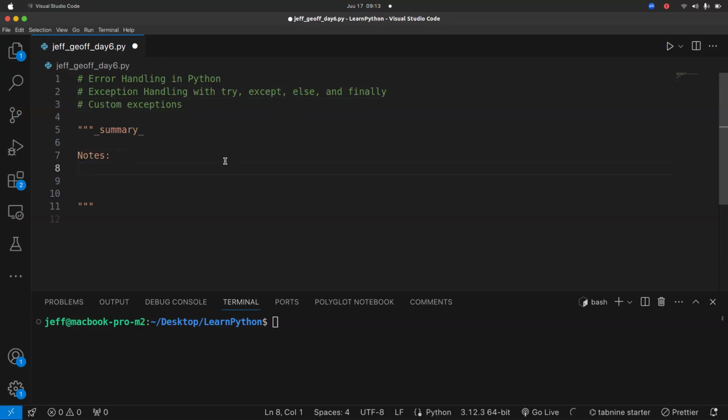When you're going to talk about error handling in Python, basically, it helps to handle unexpected situations and errors.